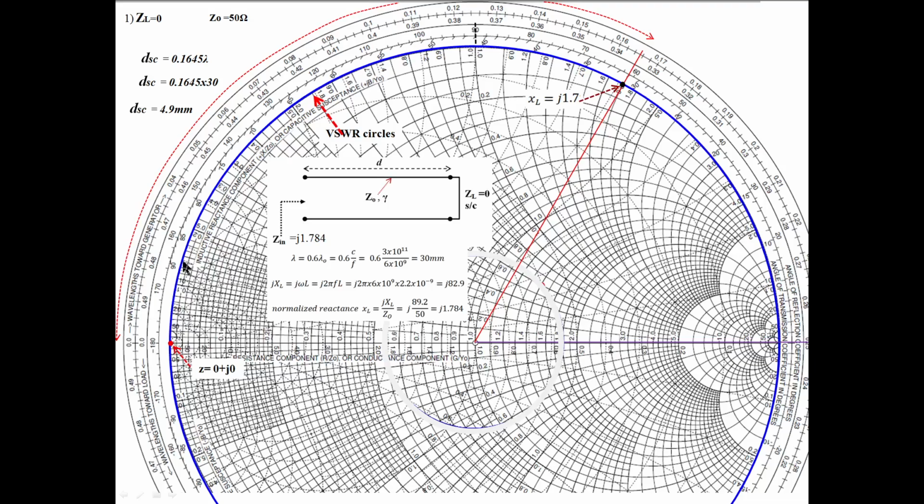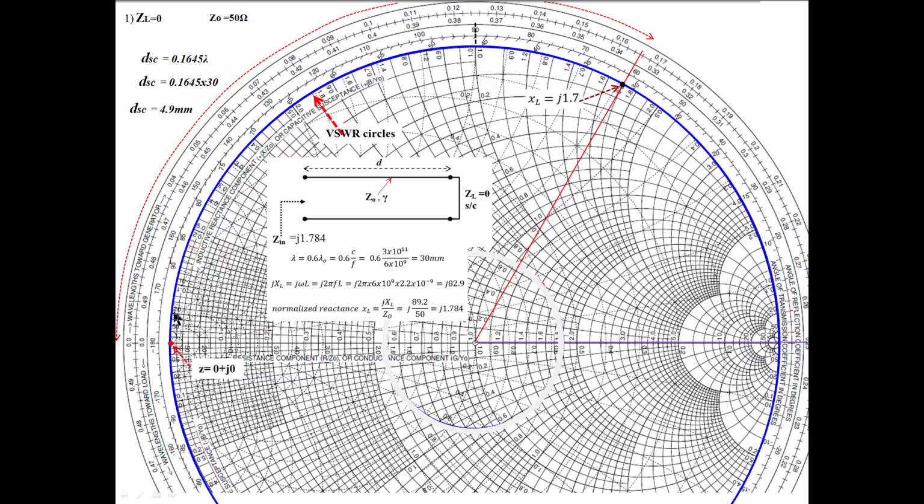This is the R equal to 0 circle, the last circle, and X value is 0 along this horizontal line. So R 0 and X 0 coincide here. You mark the value. This is the load point. This load ZL we marked here. Next, you should draw the VSWR circle, taking this as the load. How to draw the VSWR circle? Take a radius equal to the distance from the center of the Smith chart to this load value, and draw the VSWR circle.